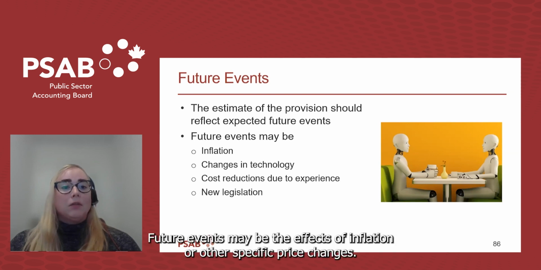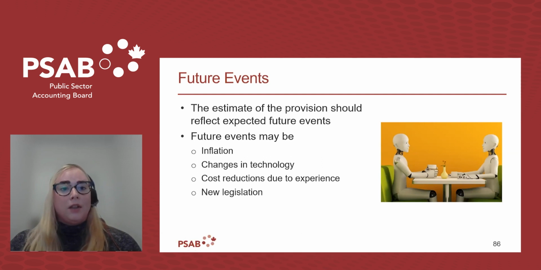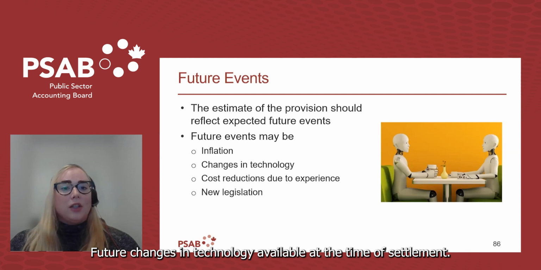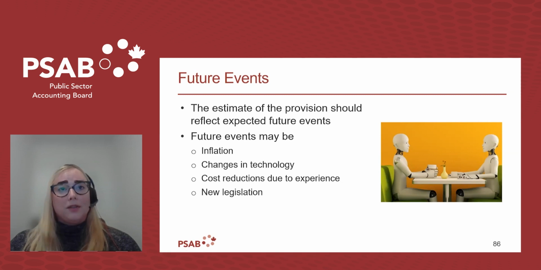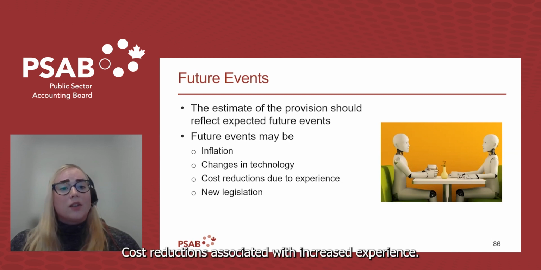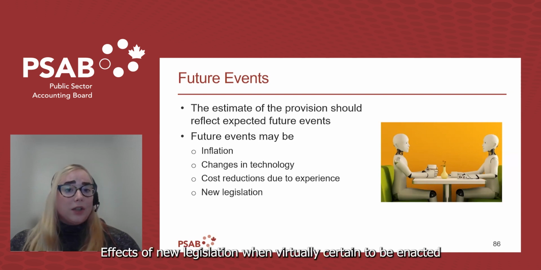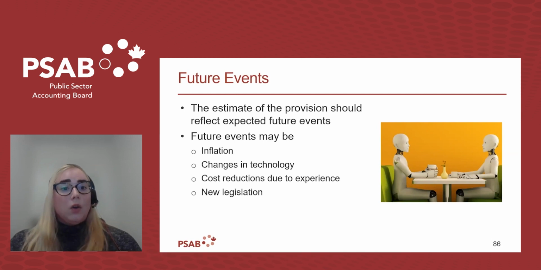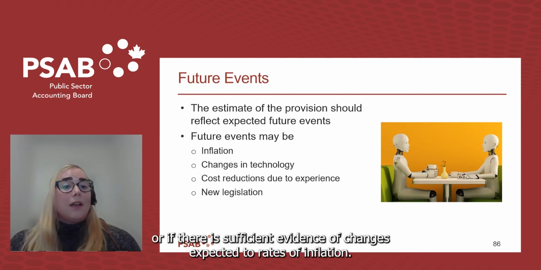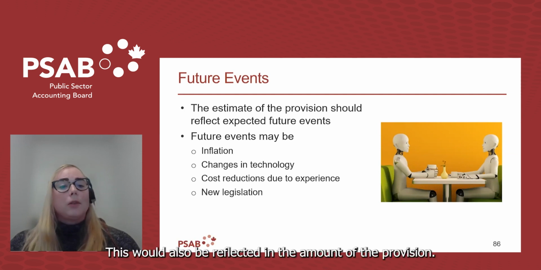Future events may be the effects of inflation or other specific price changes, future changes in technology available at the time of settlement, cost reductions associated with increased experience, effects of new legislation when virtually certain to be enacted, or if there is sufficient evidence of changes expected to rates of inflation, this would also be reflected in the